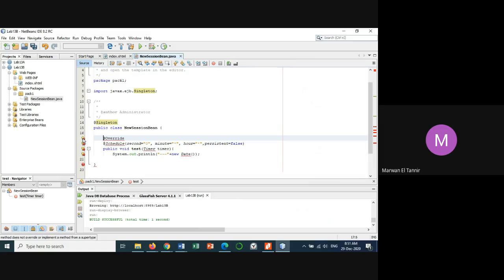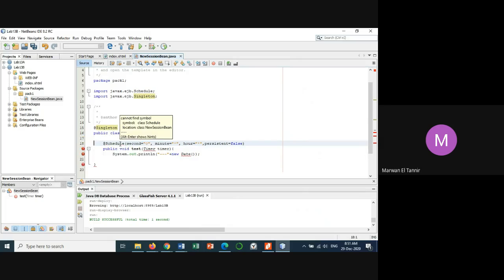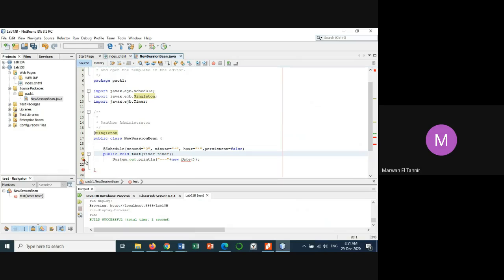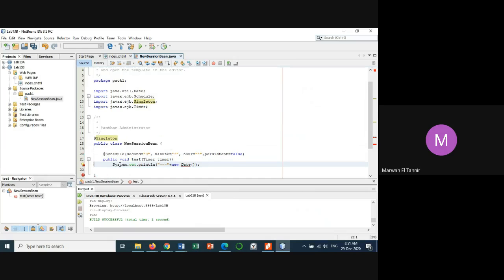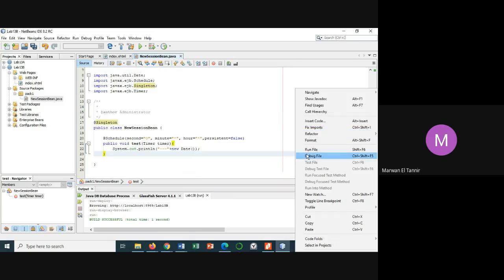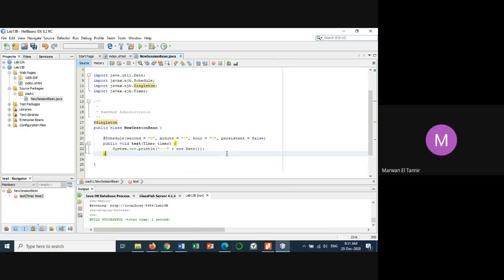Now, first of all, remove override, we don't need it. Add import to EJB Schedule. Add the timer, import Timer. Import Date from java.util. And we still have one brace. So I will say format. Now I have a singleton